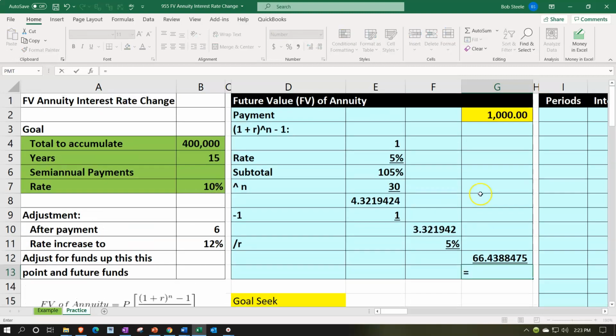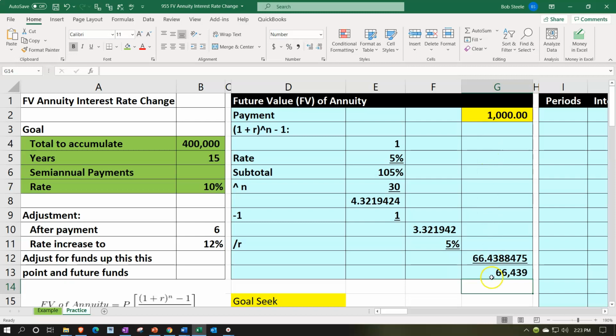This is going to be then equal to the 1,000 times the 66 point so on. Couple decimals here. Home tab, number, a couple decimals. Okay, that's going to be the end result, which will be the future value. Let's type it in, future value. And we know the end result needs to be the 400,000. So now I can change this since they're all linked. I can then change this to like 2,000 and so on and so forth and see the end result,